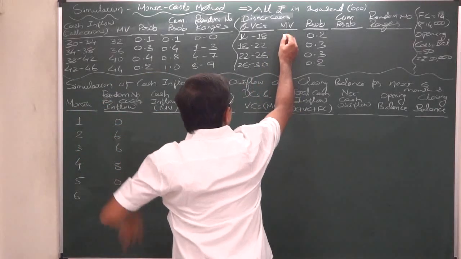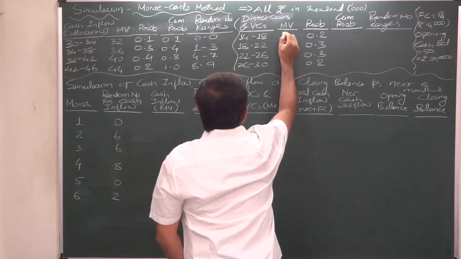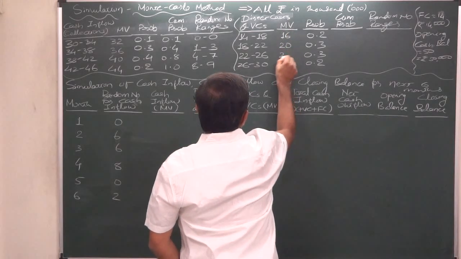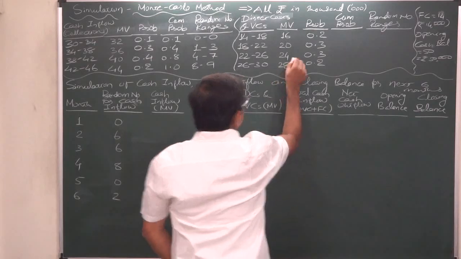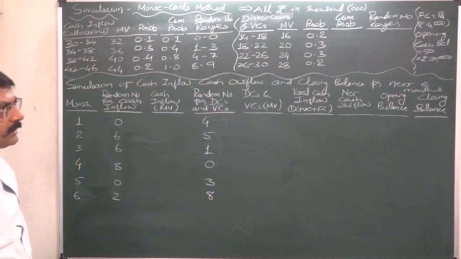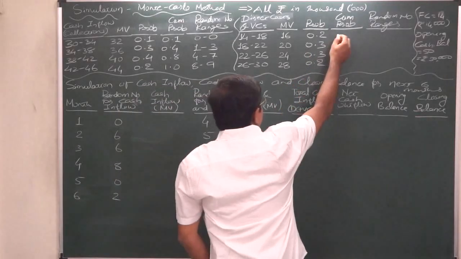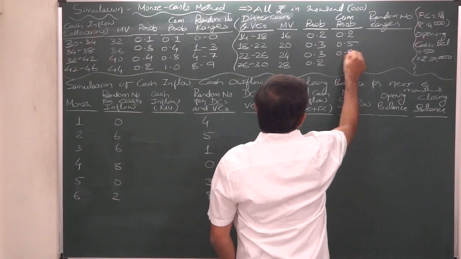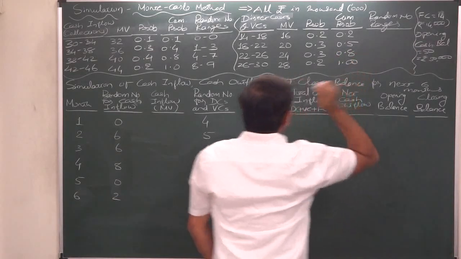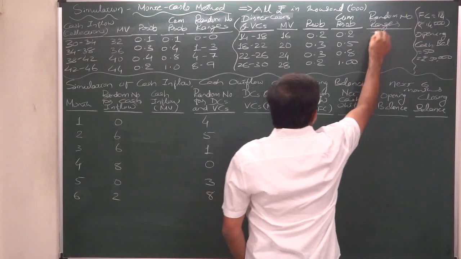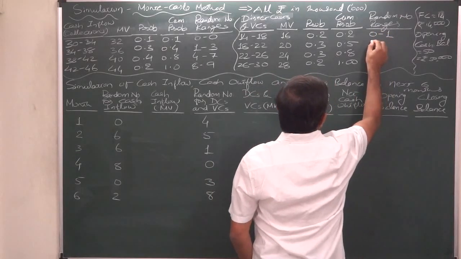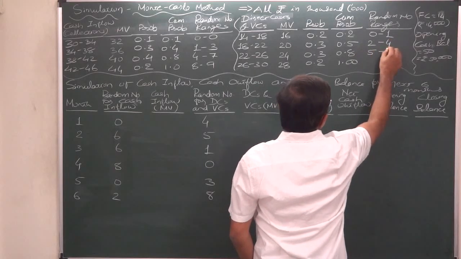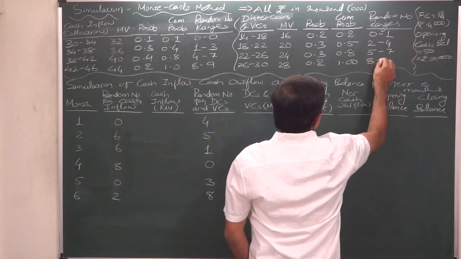Here also we are going to take mid values. The mid value of 14 and 18 is 16. Then with a difference of 4, 20, 24 and 28. Okay. Now cumulative probability 0.2 as it is, plus 0.3 means 0.5, plus 0.3 means 0.8, and 1. As if this is 2: 0 to 2 minus 1 means 1. 2 to 5 minus 1, 4. 5 to 8 minus 1, 7. 8 to 10 minus 1,